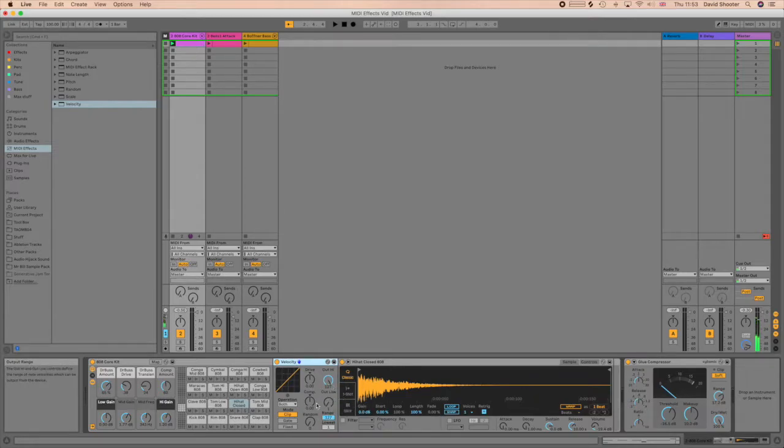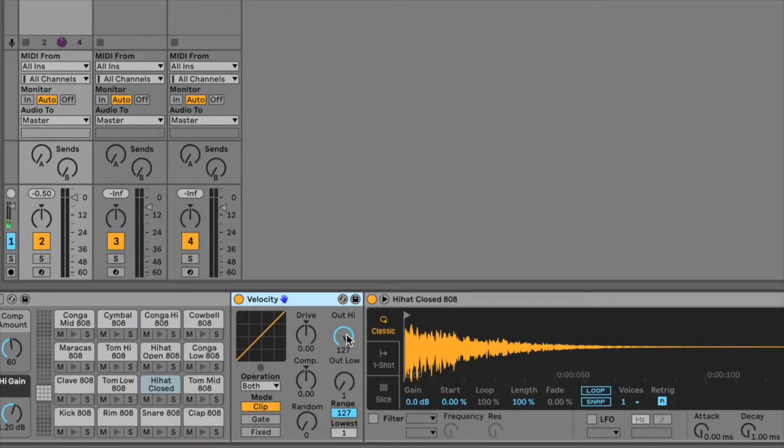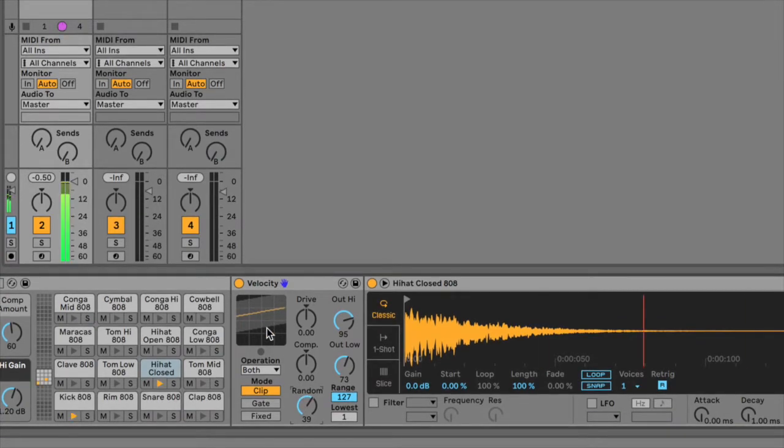Okay, so we noticed that before, the velocity of all these notes was 127. So I'm going to use this out high and out low control to give me a range of velocities. I'm going to say they're going to be between 72 and 95. So all those velocities now will be crunched into that range. I'm going to turn up the random so they're spread around that range. And now if we listen to that track now,